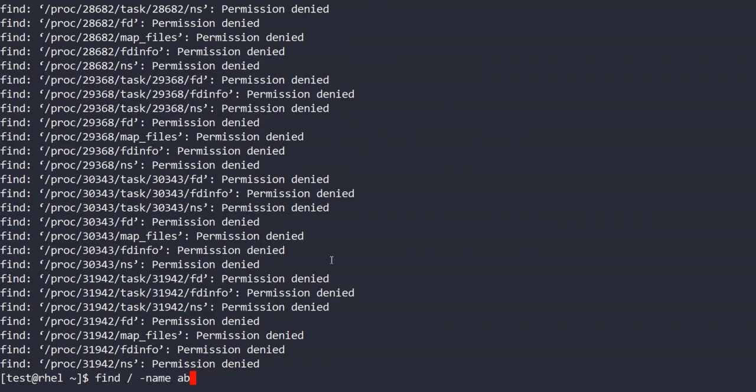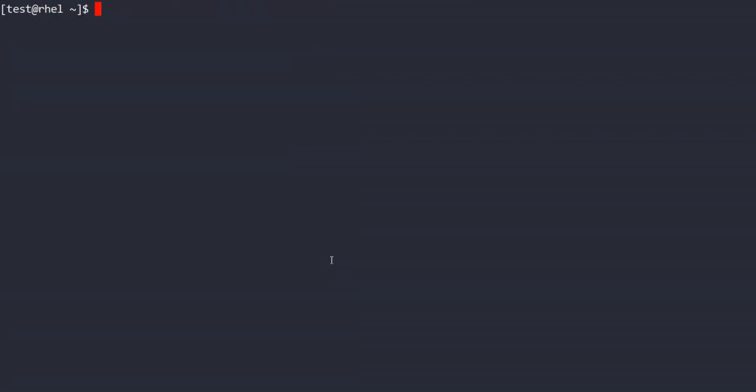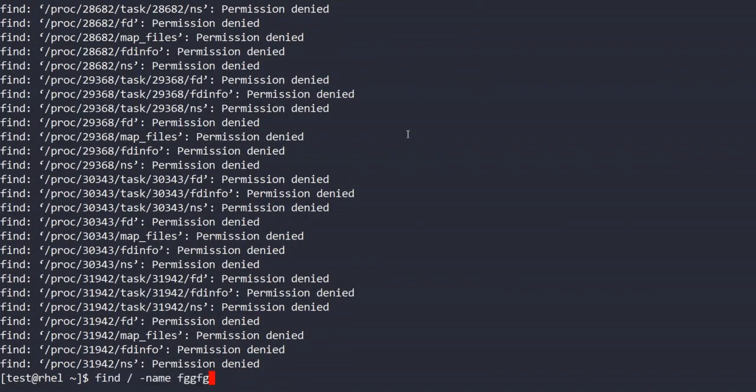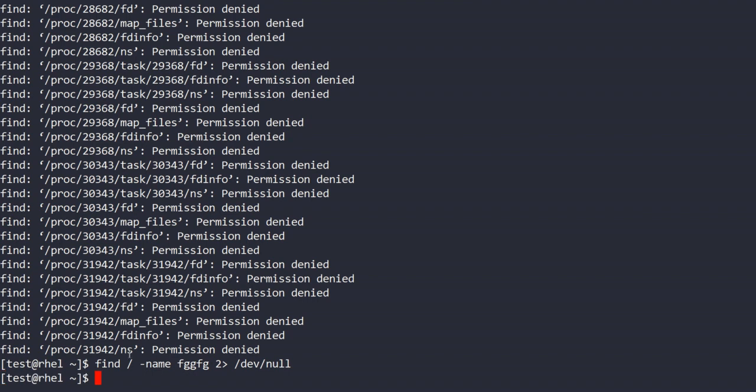So what can we do? What was the command? Okay, suppose this was the find command. Let me run it again. A lot of errors are coming. Now I want to modify that. I should not see the errors, so you can redirect the error, you can nullify your standard error. So now you will get only the required output. This is also one of the use cases.